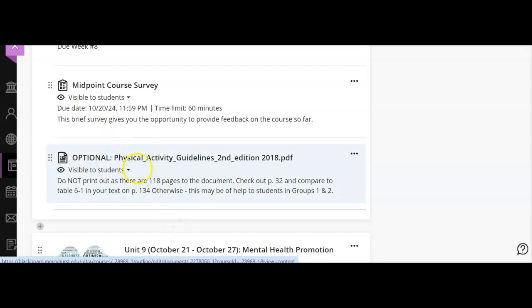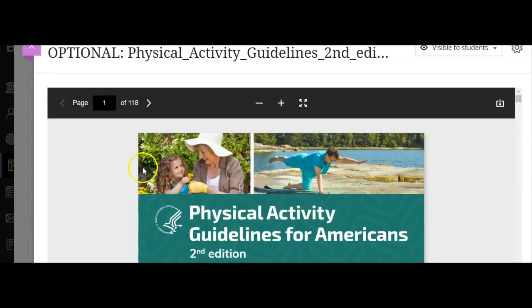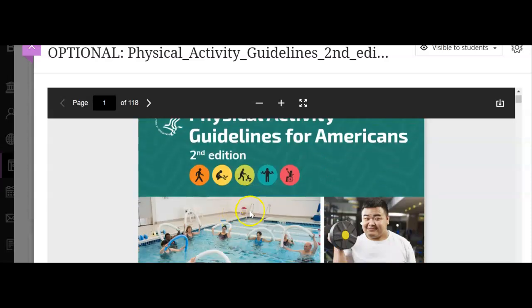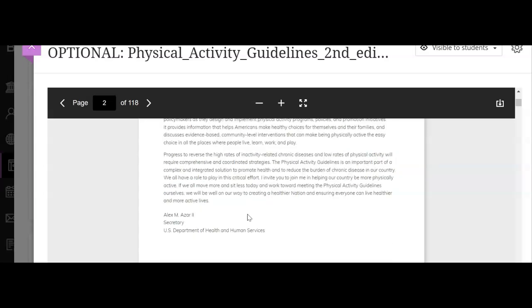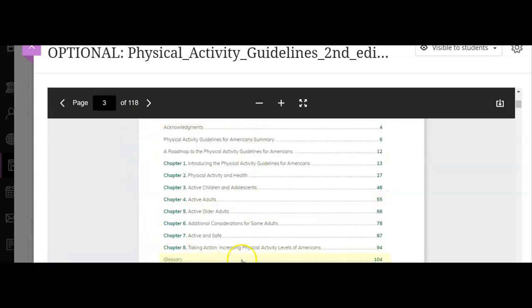This may be a dynamite guideline for those in groups 1 and 2. So let's click on it. Do not print it. It's 118 pages. You'll go broke and cut down a lot of trees. So, Physical Activity Guidelines for Americans. You can read a little bit about this, but if you're working with a specific group, perhaps children and adolescents, if you're in groups 1 and 2, you might want to look at page 46, chapter 3.